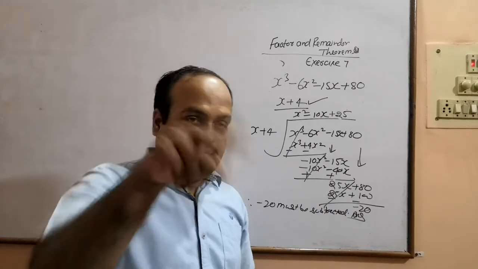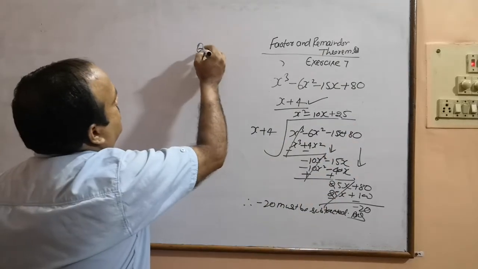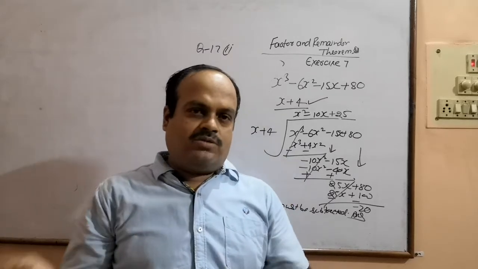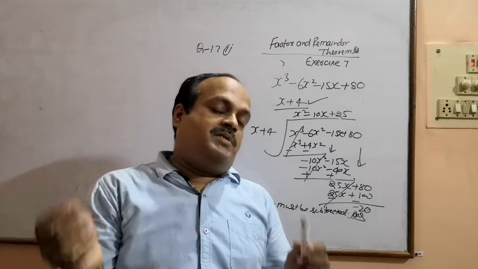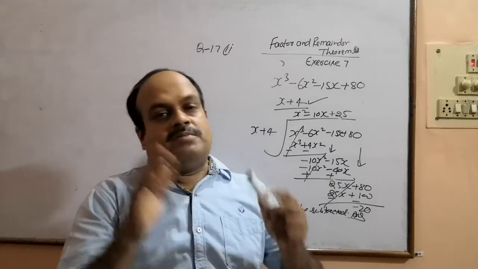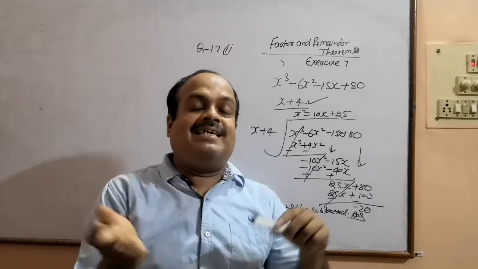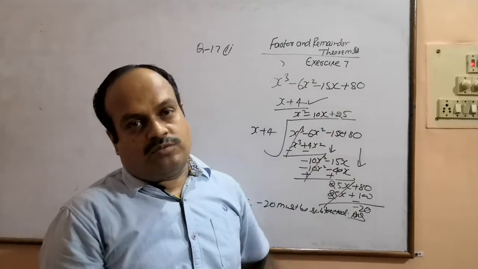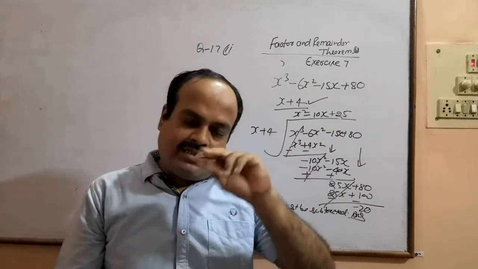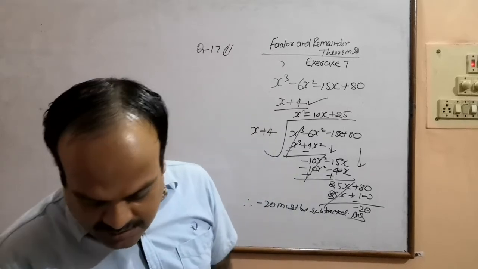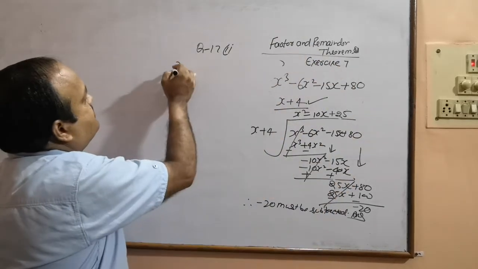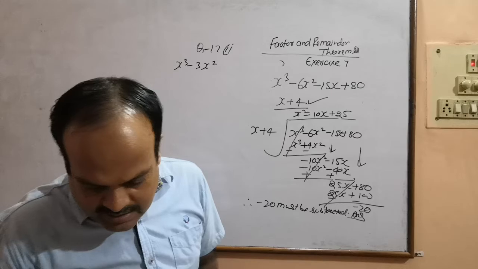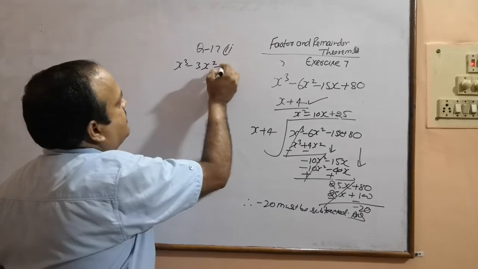Question number 17, second part. So what I suggest whenever you see that there is a question based on remainder factor theorem, what must be added or what must be subtracted from the polynomial so that the resulting polynomial is actually divisible by the given polynomial. So for that you need to use that shortcut method which I suggested you. So I do the second part by the shortcut method, and that is x cube minus 3x square minus 12x plus 19.